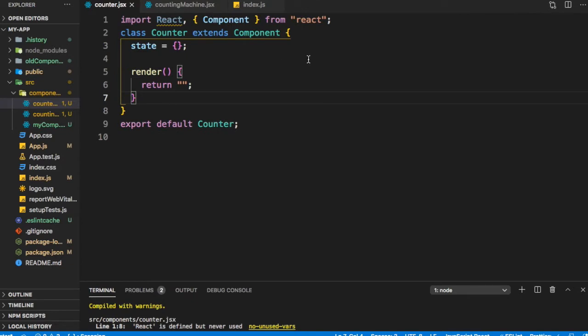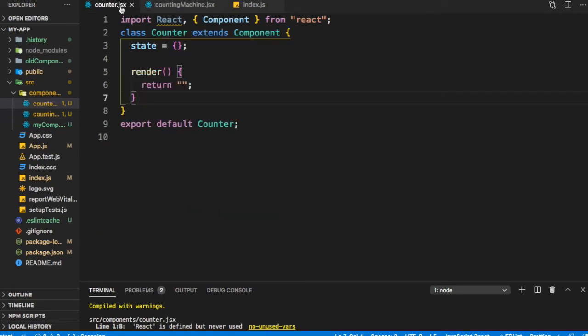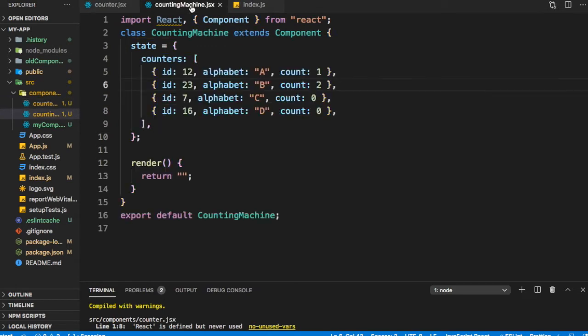CountingMachine in its state has this array counters, and for each element of this array, which is a JSON, we want to create a counter and display it using this component named Counter.